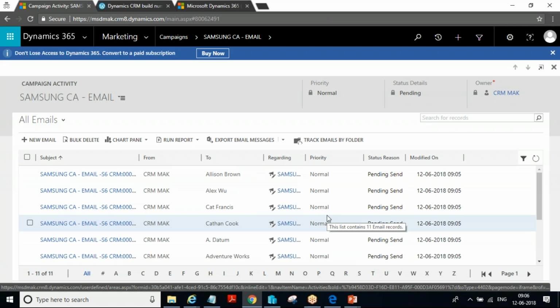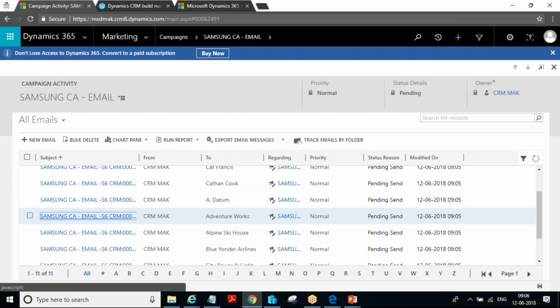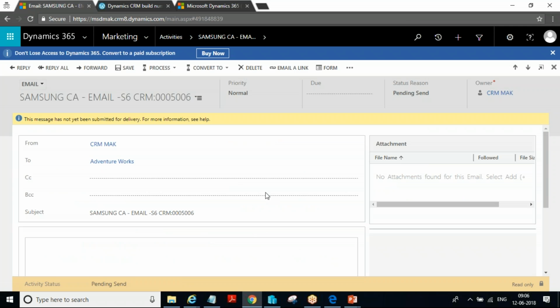Here again we have two probabilities. One is customer: when they receive this email, let's assume that we have a customer called AdventureWorks, they directly reply to this email that they are interested. If the customer replies to this email, they are interested, and automatically a response gets created. That is the out-of-box behavior. So this is an auto response.